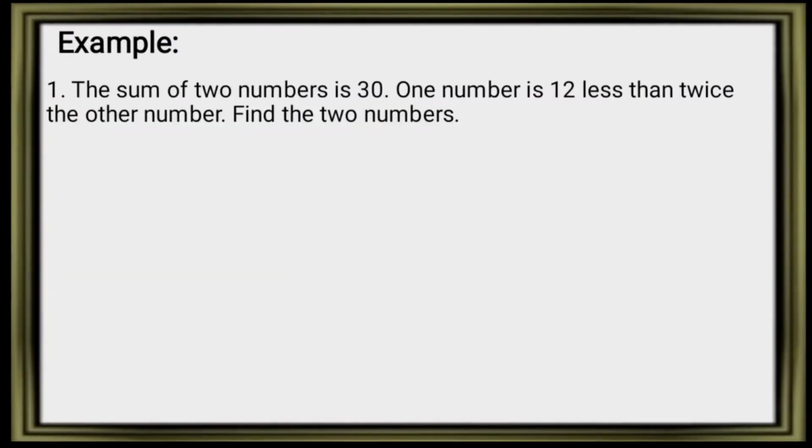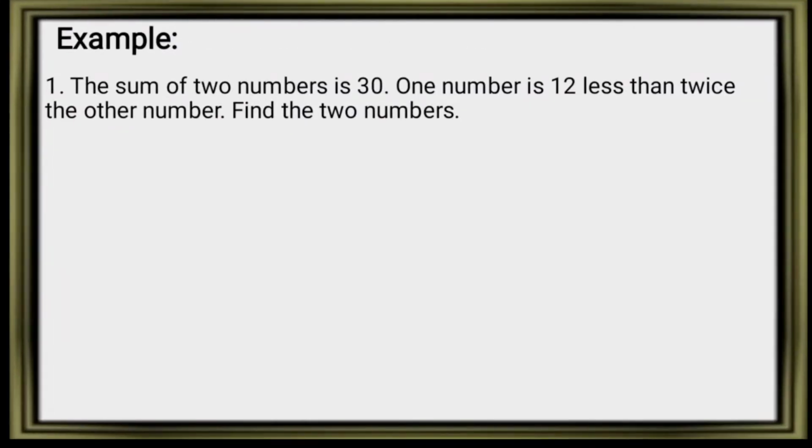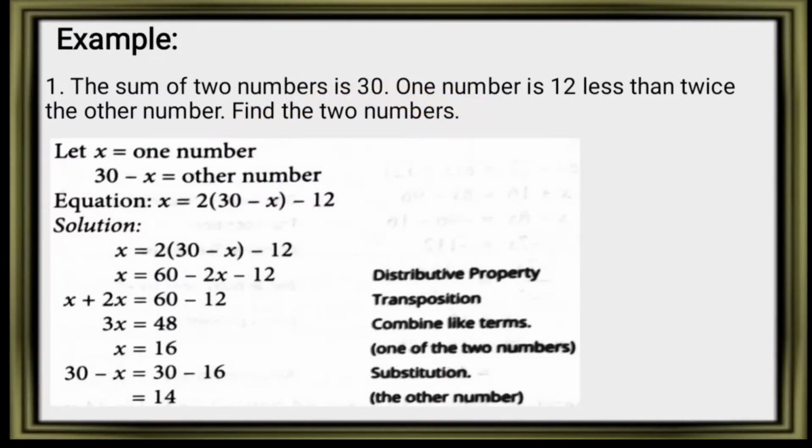So example number one, the sum of two numbers is 30. One number is 12 less than twice the other number. Find the two numbers. So we have two missing numbers. We have to find it, okay? So our solution is, again, we have to